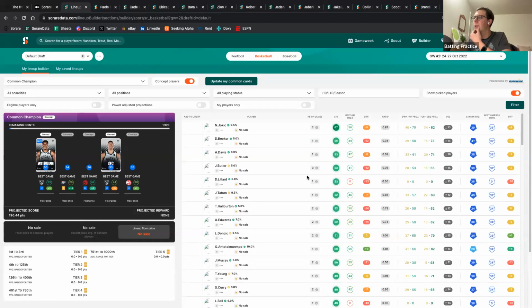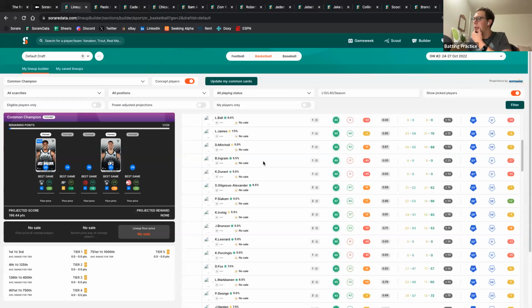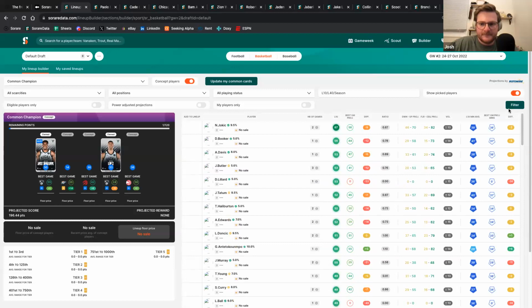And will this work? Click filter, maybe. Oh yeah, filter. Here we go. Will that work? Nope. The lineup builder is definitely going through a little bit of upgrade, preseason tweaks. All right. Well, that's okay. But here we go. We got our